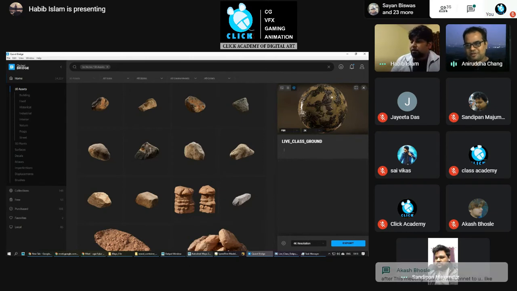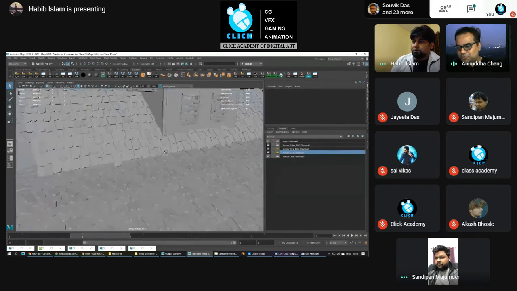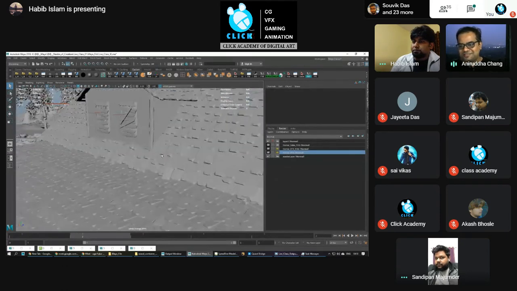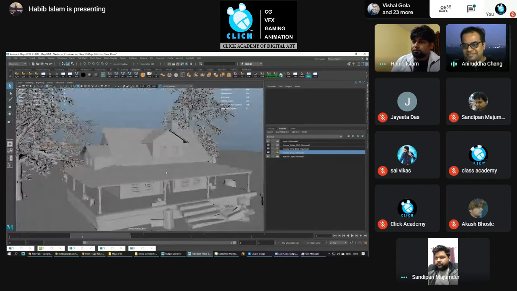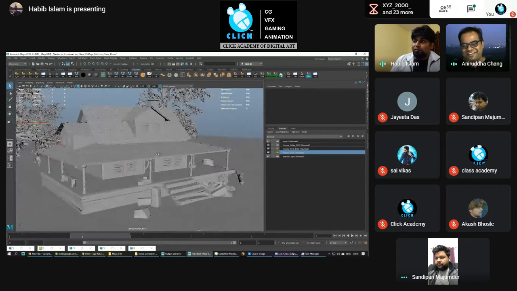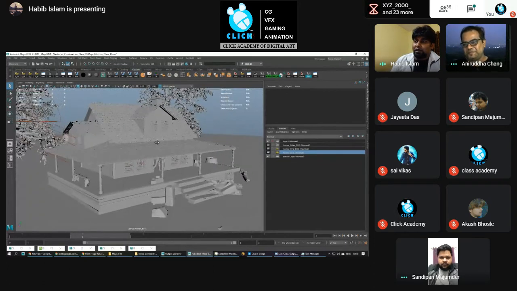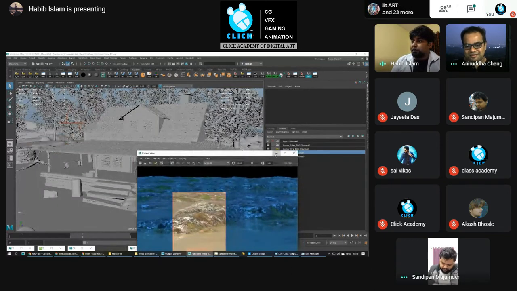One more thing I would like to add. Obviously there are assets you can take and you can put one light. But to create this kind of output, you need experience.